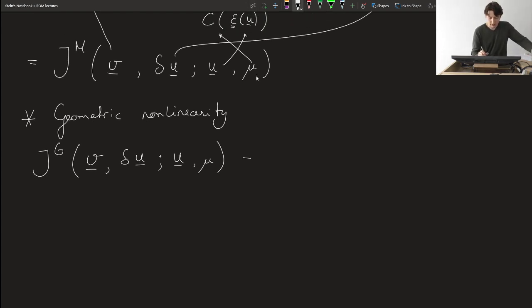So if I do that directional derivative, the Gateau derivative, then what I end up with is the strain of